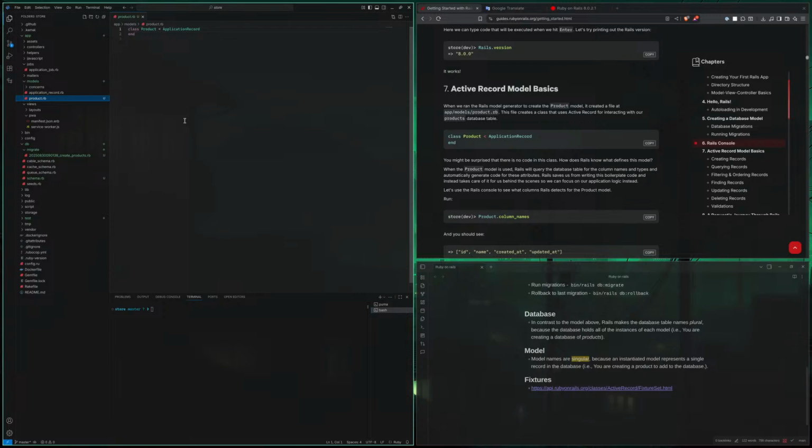This file creates a class that uses Active Record to interact with our products database table. Okay, so everything I do with this table should probably go through this file, if I'm correct.